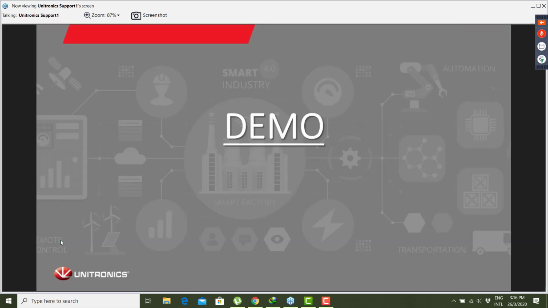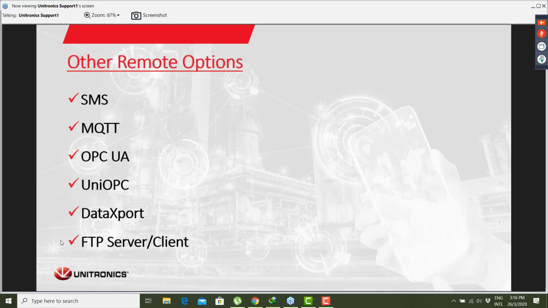Other remote options supported by Unitronics controllers are sending SMS. You can even send SMS to the controller in order to turn off your machine or change a set point. Supporting MQTT for publishing data to the cloud or even subscribing and get data from other clients. OPC UA, UniOPC, data export, which also enables you to retrieve data from the controller remotely, and FTP server and client like